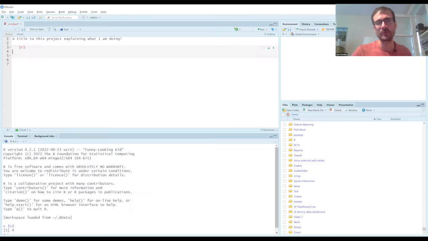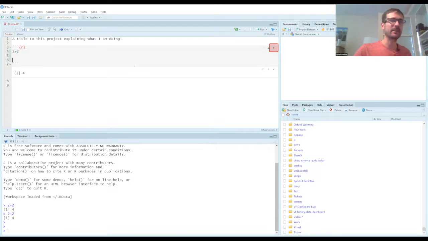So you see now you've got this R chunk of code from clicking on that button, which delineates the code in, you've got the hashes and an R in some squiggly brackets, some buttons over here, and then the hashes at the bottom to delineate that section of code. So I can again put in 2 plus 2 here. If I press enter now, that doesn't run the code, that just adds in a new line. So to run the code from the chunk, what I do is I press this button here, and that tells me that 2 plus 2 equals 4. And underneath this, I can then write, hooray, 2 plus 2 equals 4.